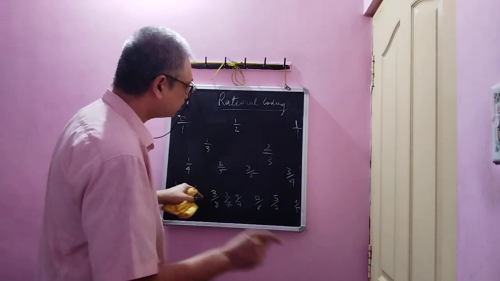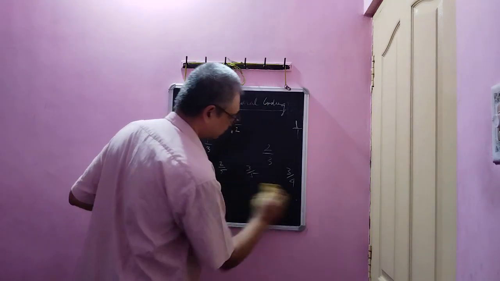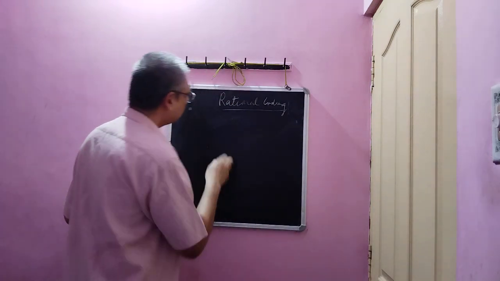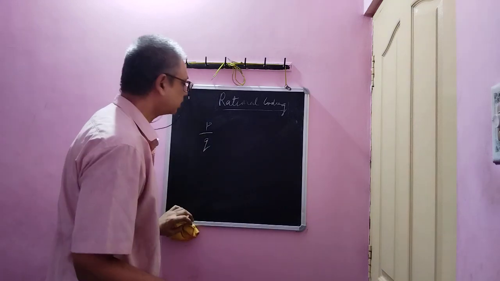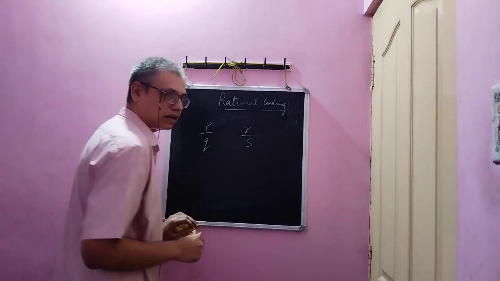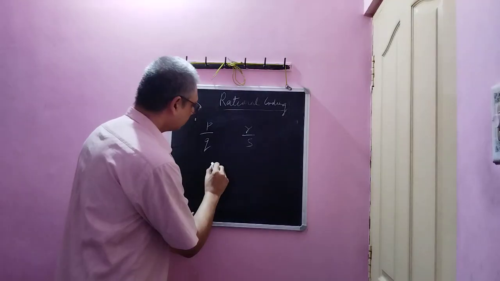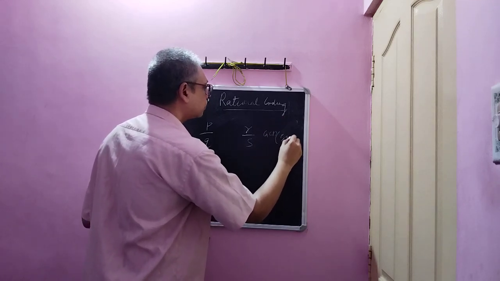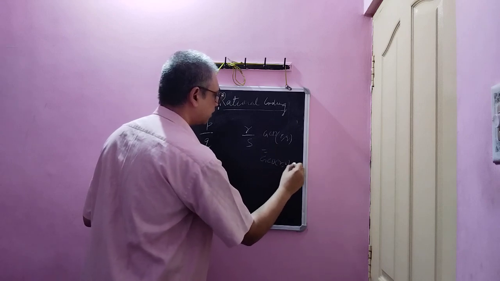So the general statement, or a theorem, the observation is this. It is easily provable. I shall not take the time to prove it here. It is provable by the method of contradiction. If p by q and r by s are any two proper fractions in their lowest terms, meaning GCD of p comma q equal to GCD of r comma s equal to 1,